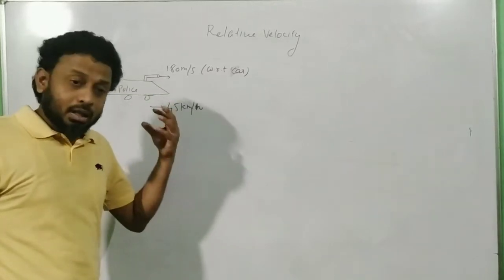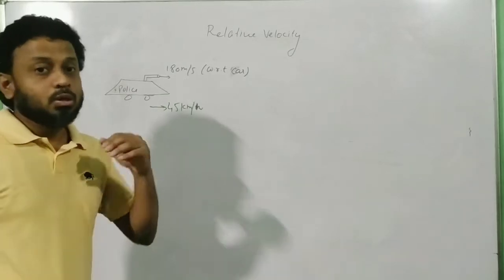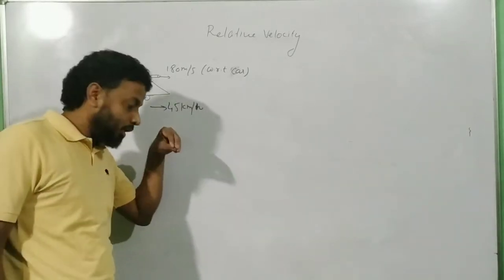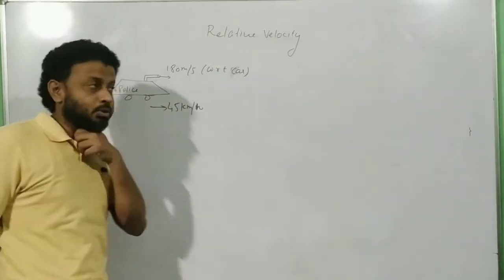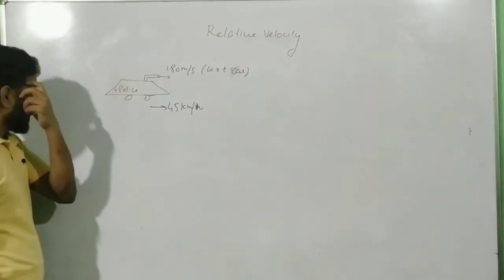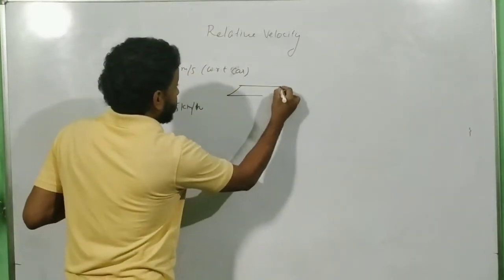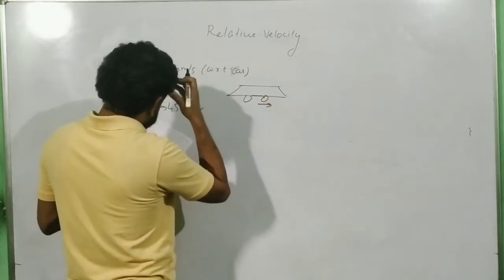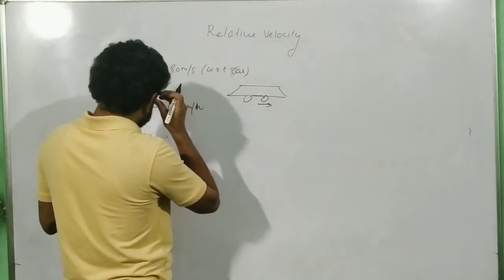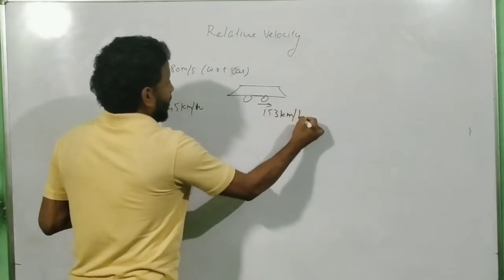But has the body actually gained 0 velocity with respect to the ground observer? No. For the ground observer, the body has already gained the speed of the car. That we call inertia. Okay. Now, whom are they firing on? They are firing on a thief vehicle, and this thief vehicle is moving very fast. It is equal to how much? 153 km per hour.